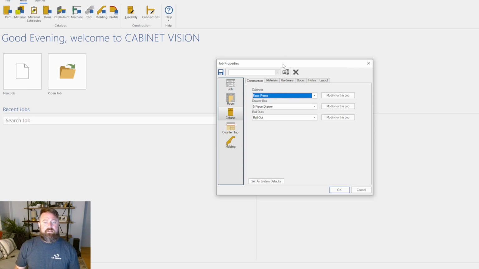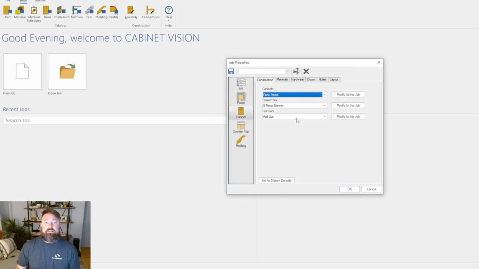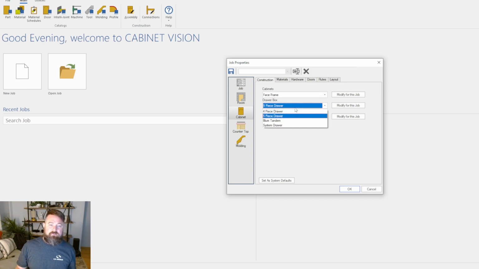Alright, cabinet. So this is where you're going to start assigning the construction methods that you have had set up. The problem is we're on a fresh install, so we don't have anything to select because we haven't had anything set up. So if we take a look at what Cabinet Vision has, some placed schedules in here, but for me right now, I can't really do anything with it because I don't even know what it is that it's wanting to do. If you take a look at the drawer box, there's 5-piece, which I'm assuming is sides,